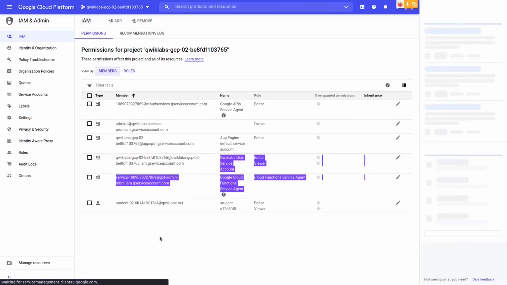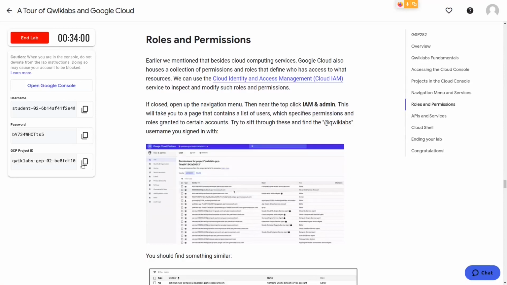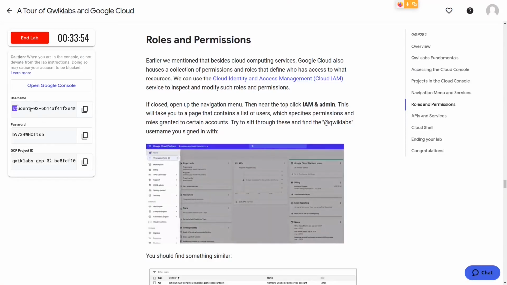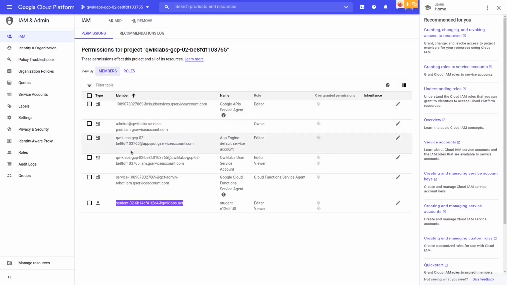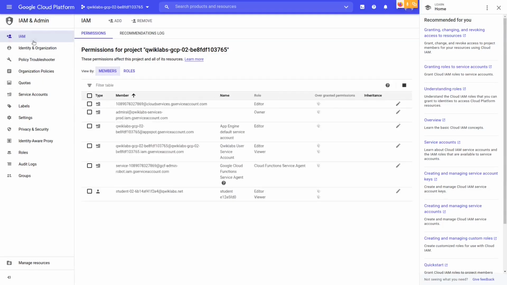Here you can see this is the account we have logged in with. This will be similar to this username. In that way, you can identify who's using the platform. You can control who's using the platform and grant permissions over here, and manage the permissions and roles of the members. So this is about that.